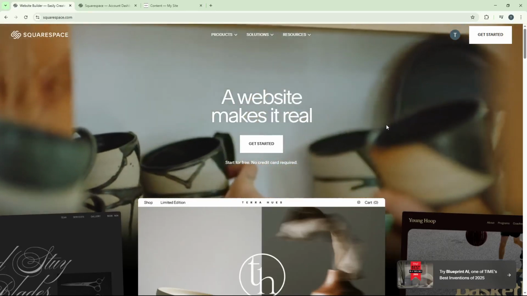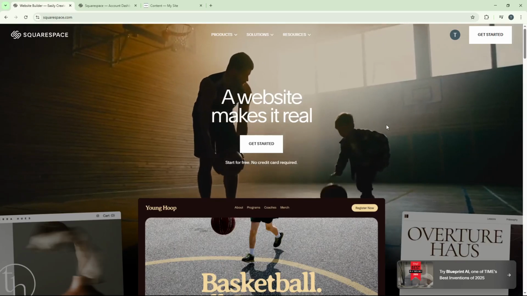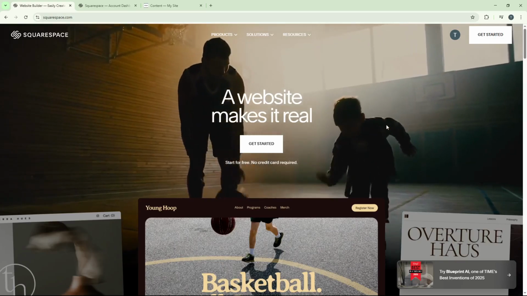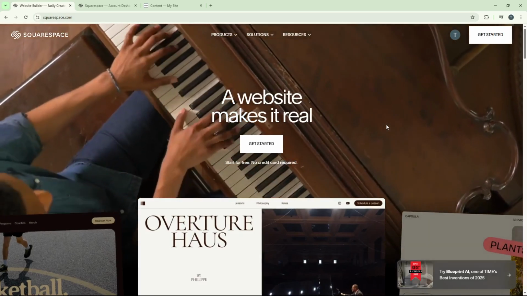Welcome back, everybody. Today, I'm going to teach you how to add an index page to a folder in Squarespace. This is particularly useful when you're organizing your website's navigation structure and want to group related pages together under a